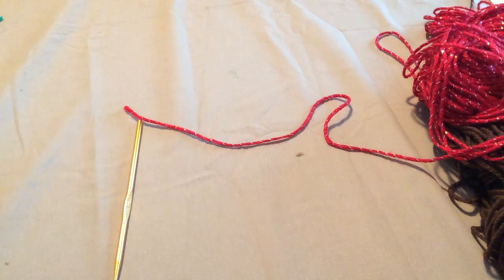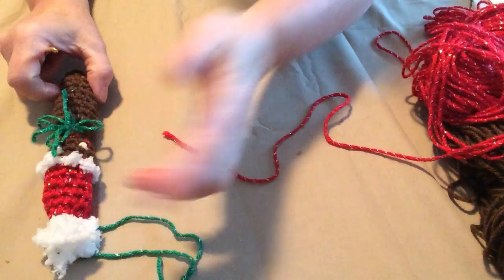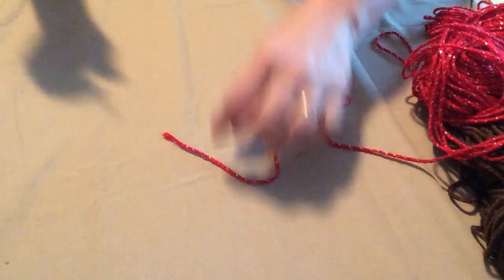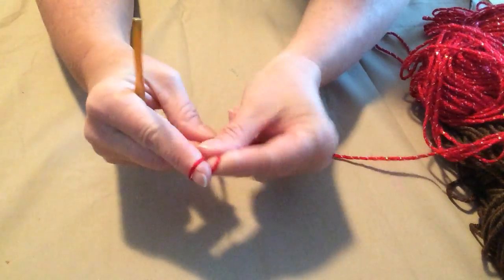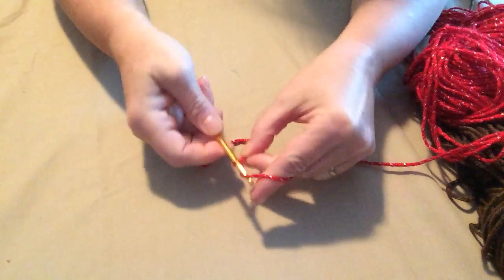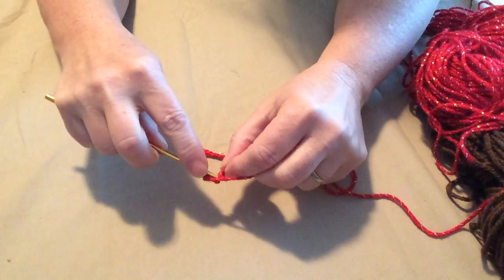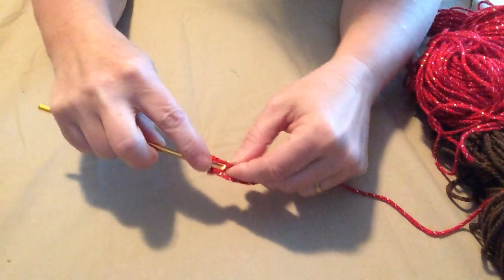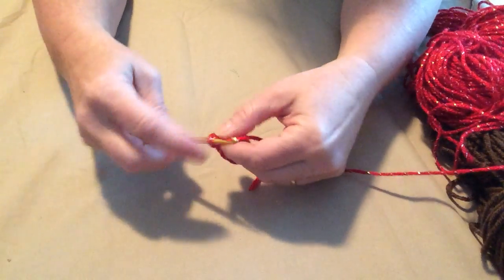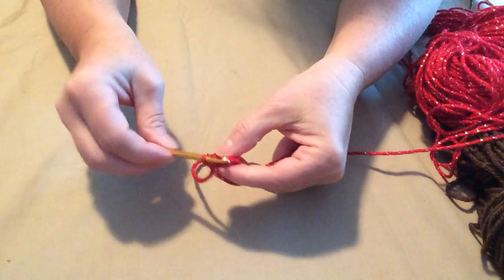All right, now, to get started, we're going to be starting at the top of the dog poop. I laugh every time I say that. We're going to be starting up here and working in rounds and working down. So to begin with, we're going to chain 3. One, 2, 3. And then we're going to put 5 single crochets in the second chain from the hook: 1, 2, 3, 4, 5. And then we're going to